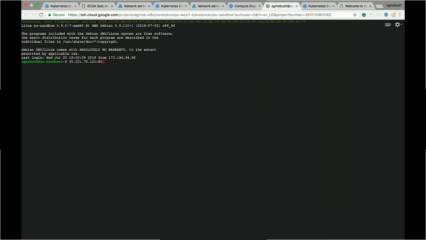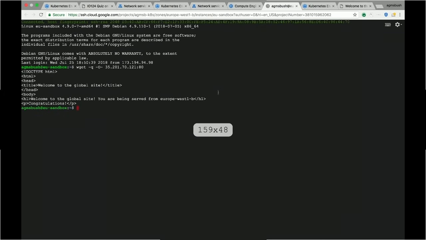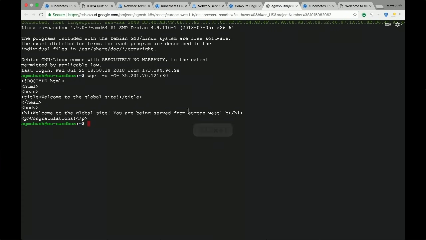So if we ping this, we'll see that we hit that same IP address, and we were served from Europe West 1B. So no tricks up my sleeves. This is something that is just really cool, and again, built into our global load balancer using the Anycast protocol. Great. So going back to the slides,